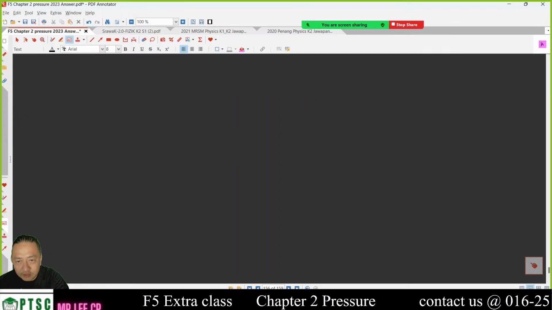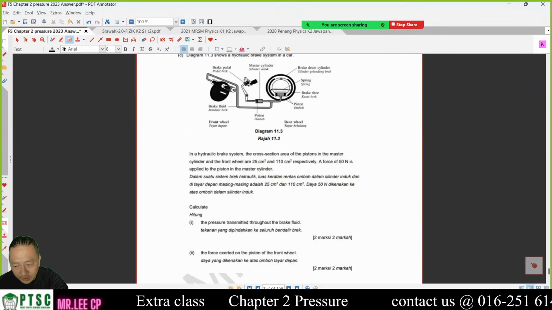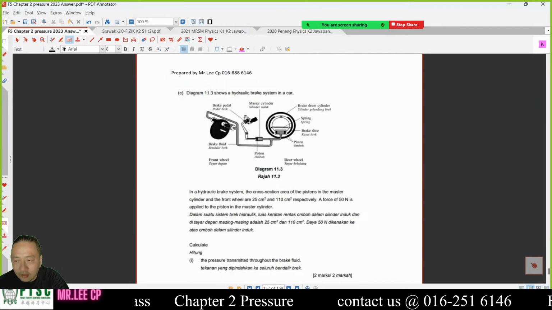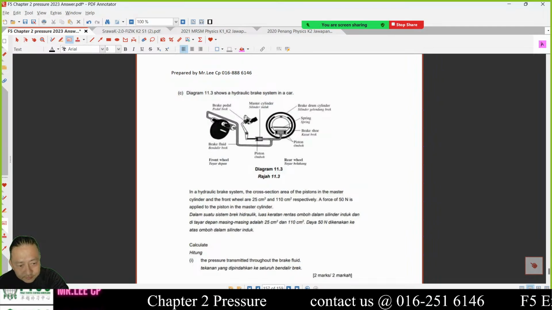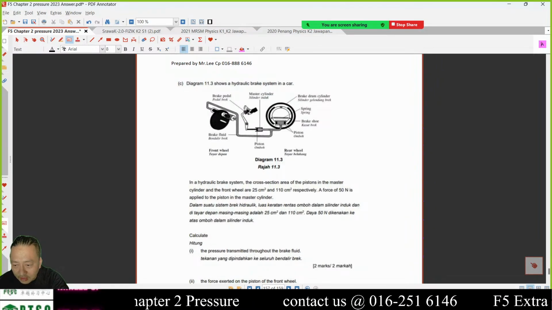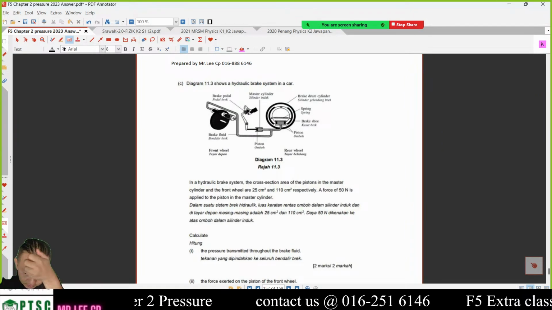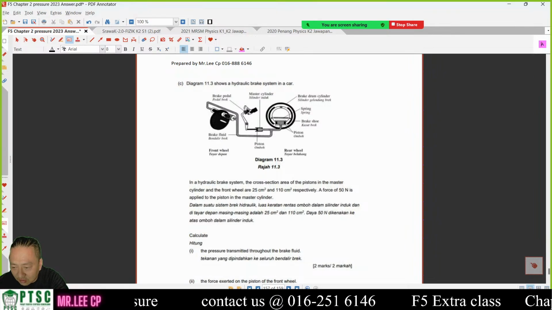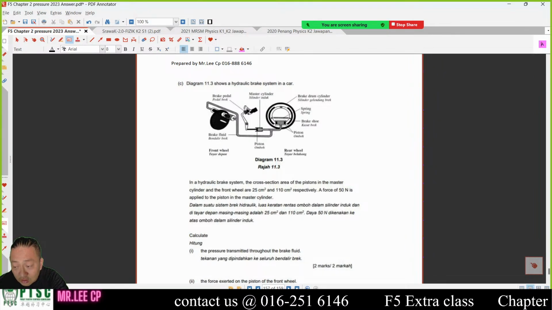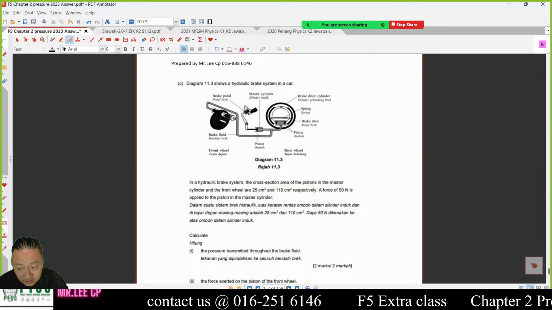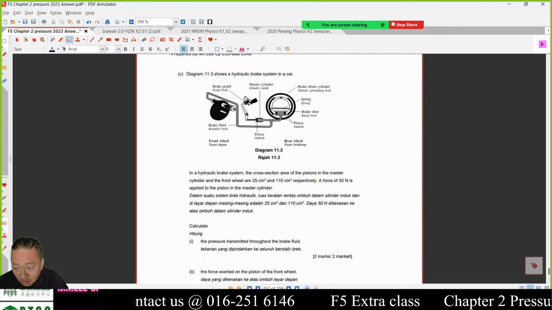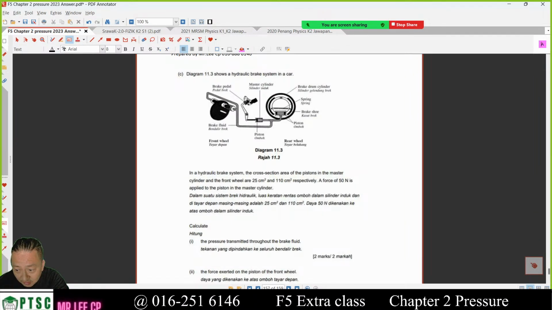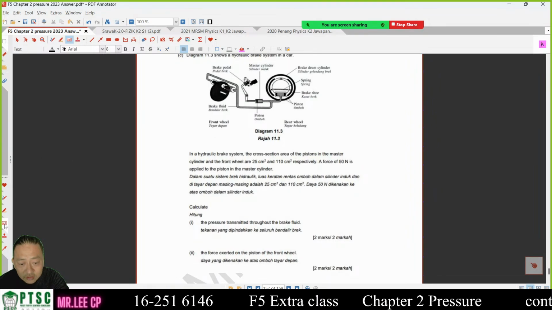This is what we have. Right, I hope you're okay. Now we read here. In the hydraulic drag system, the cross-sectional areas of the master piston and the front wheel piston are 25 and 110. A force of 50 Newton is applied to the master piston. So the cylinder areas are 25 cm squared and 110. All right. So next one, what they want is